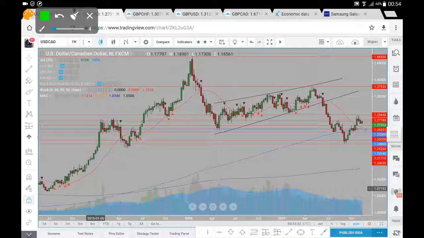It doesn't appear to be a reversal at present, although the candle from last week is somewhat concerning in that it's pretty sizable, and it did close near its lows, indicating very bearish momentum on the US dollar against the Canadian dollar. So that should wrap up the USD CAD